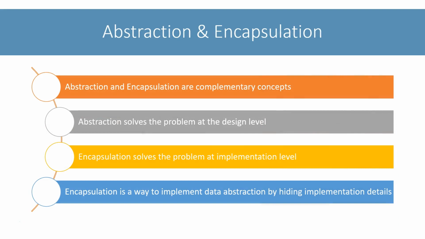You might be a little confused at this point between abstraction and encapsulation, as I said something similar for abstraction too, that it hides the background details. In fact, abstraction and encapsulation are complementary concepts. Abstraction solves the problem at the design level, whereas encapsulation solves the problem at implementation level. Abstraction cares about what something does, but not how it does it. Encapsulation cares about how something does what it does, such that others only care about what it does.